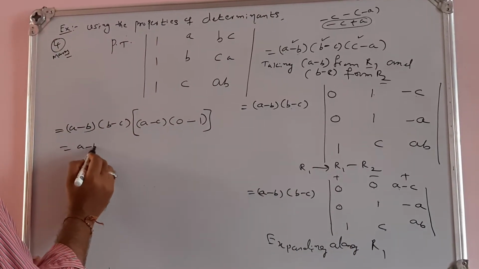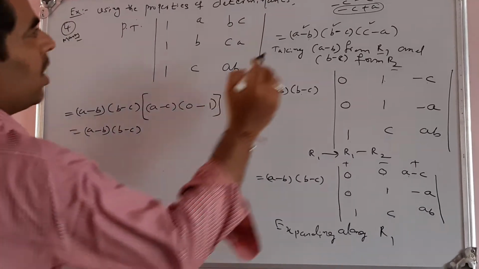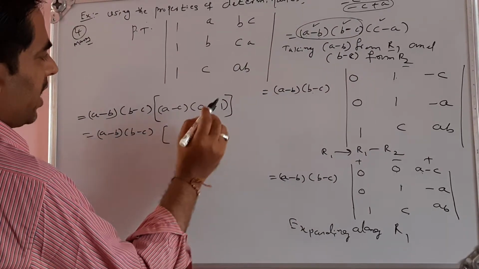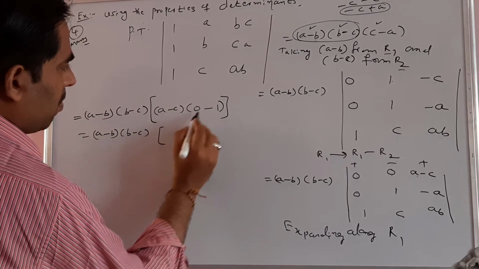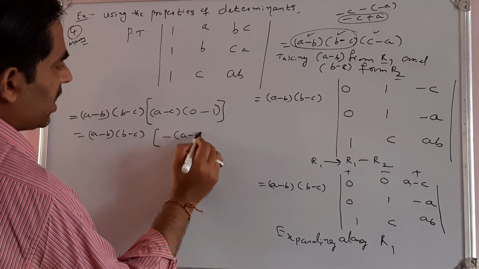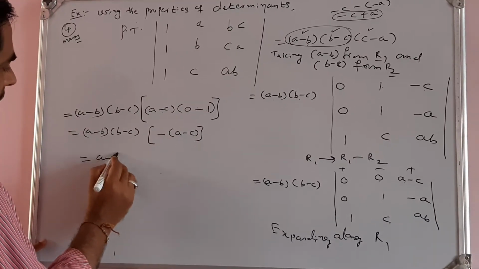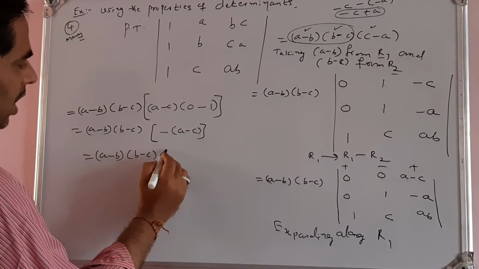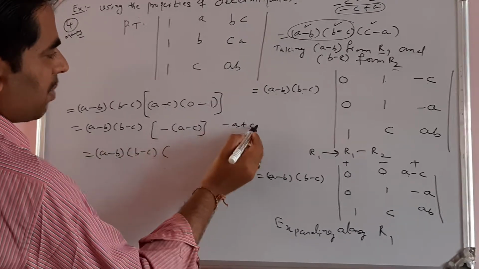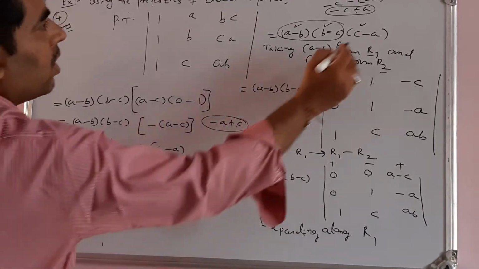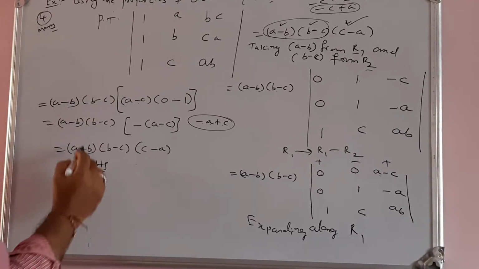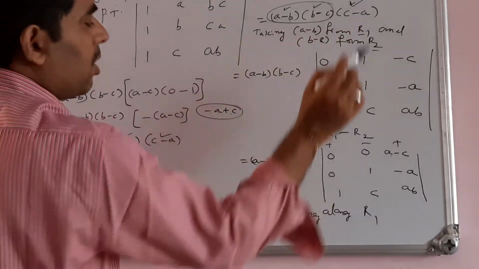So that is (a minus b) into (b minus c). So I already got these two factors here. Then 0 minus 1 is minus 1. Okay. So that is 0 minus 1. I can write minus 1 here, minus of, I write this as it is, a minus c. So that is nothing but (a minus b) into (b minus c) into (c minus, see this is minus a). If we remove minus a plus a, that will be c minus a. So that is our third factor. So this is the RHS. See, (a minus b) into (b minus c) into (c minus a).